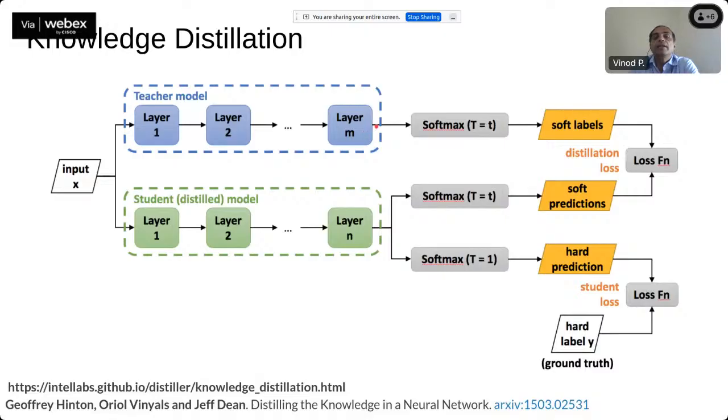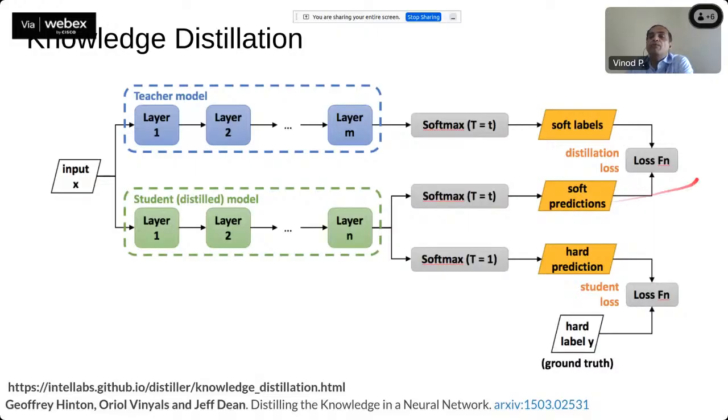Which means that the output that we get from the teacher model is a softmax. It's a collection of probabilities. And the output from the student model is also a softmax, which is also a probability. So let us forget about what this T is. Through this softmax, what we would like to find out is the soft labels from both models. If the student model should perform equivalently to the teacher model, the soft labels obtained from the teacher model and the student model should be identical.